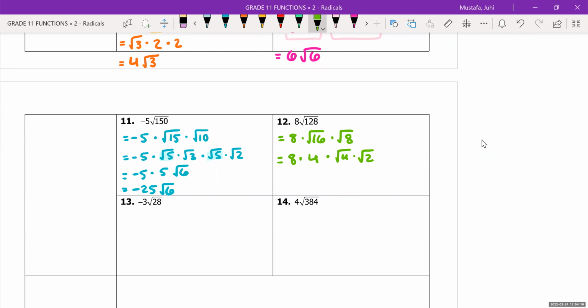Question? Is it possible to... Oh, it's if you simplify root 8 to root 4 and root 2, what will happen is root 4 is a perfect square, right? Yeah. So now what we're going to get is 8 times 4 times 2 times root 2. And this is just going to be 8 times 8, which is 64 root